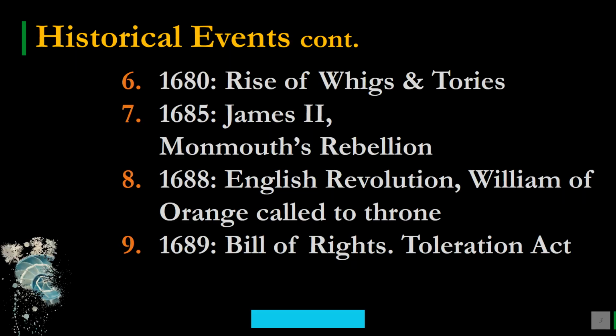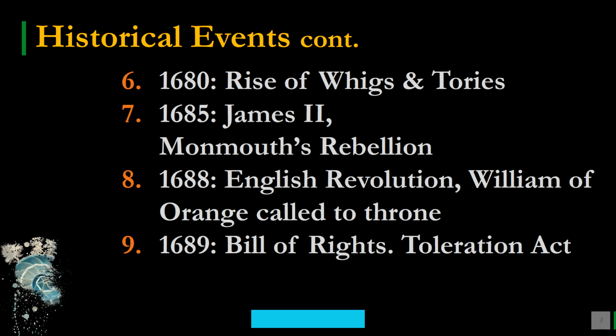Now, in 1685, King James II came on throne, and again in 1688, there happened a bloodless revolution, which is called the Bloodless Revolution of the English people in 1688. And Mary, who was daughter of King James II, and her husband, called William of Orange, who was a Dutchman, came on throne with this bloodless revolution in England in 1688.